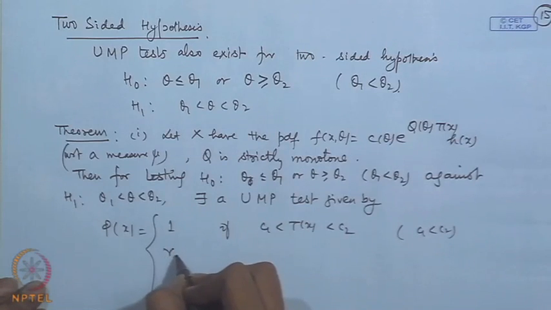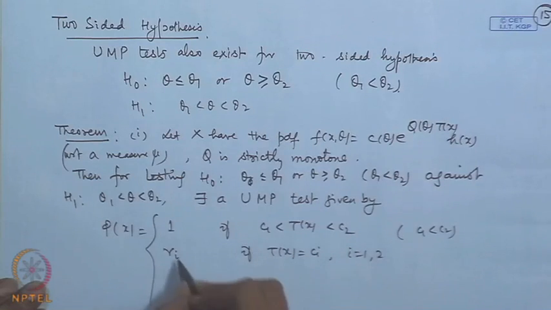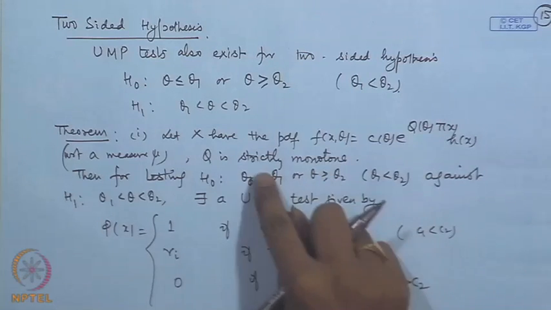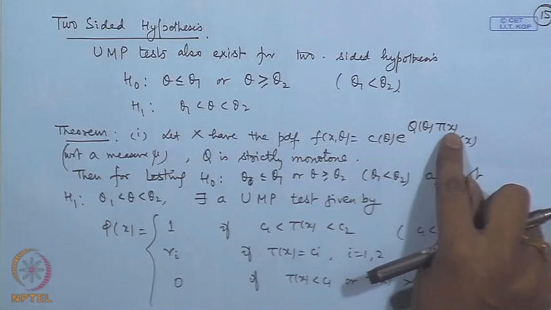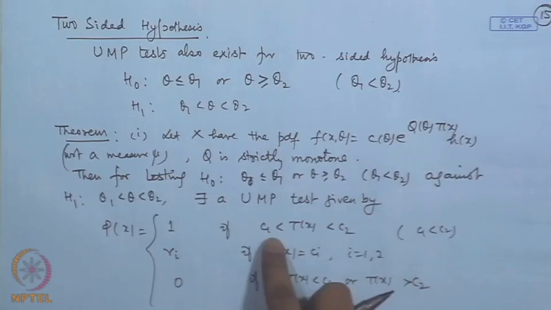It is gamma i if T(x) is equal to C i for i equal to 1, 2. So, there are 2 points of randomization here, and we accept if T(x) is less than C 1 or T(x) is greater than C 2. Once again, if we are considering Q to be strictly monotone here, then the family of distributions has monotone likelihood ratio in theta T(x) or theta minus T(x). And therefore,